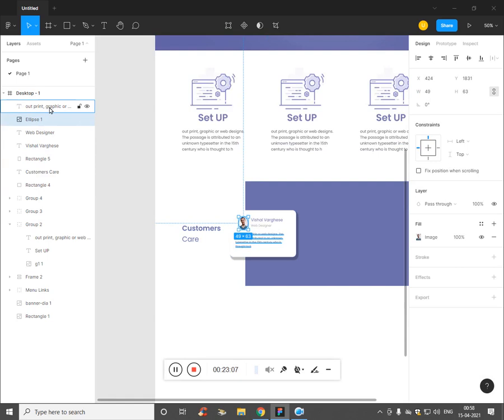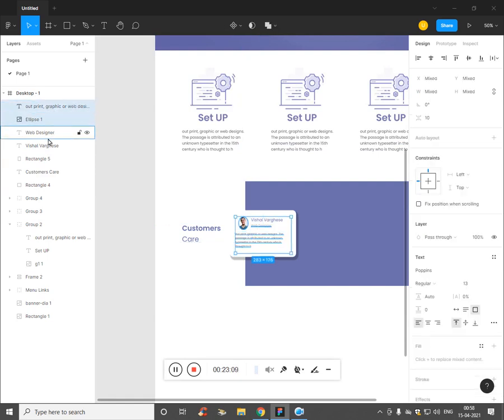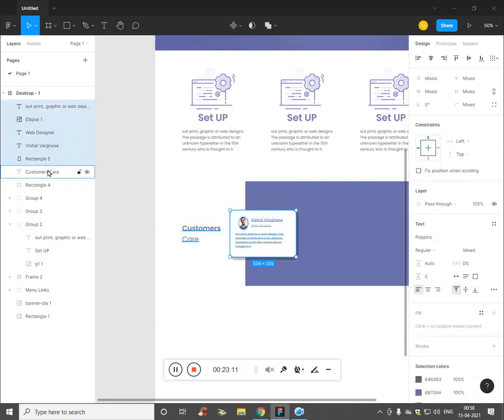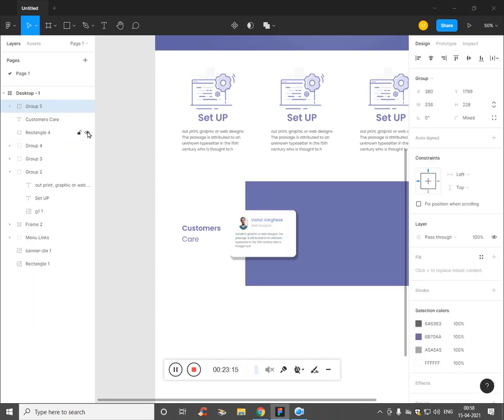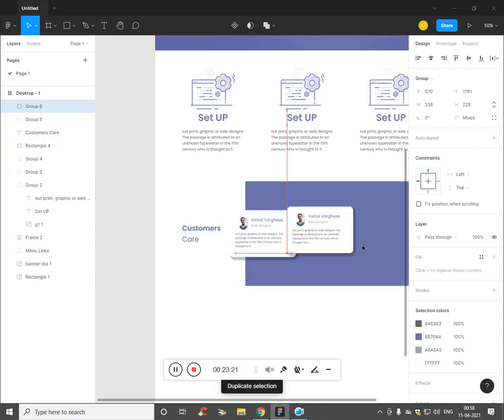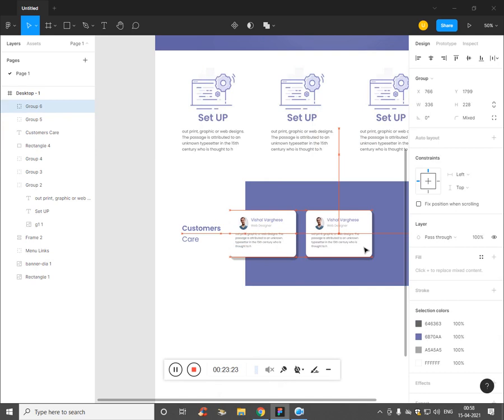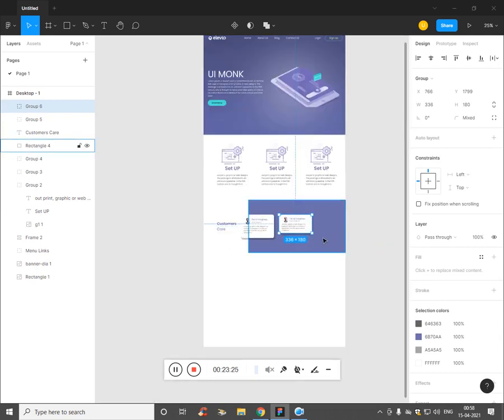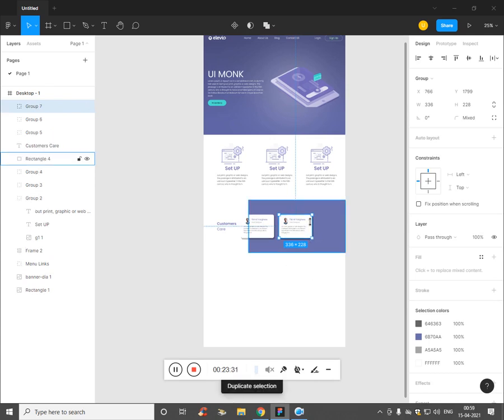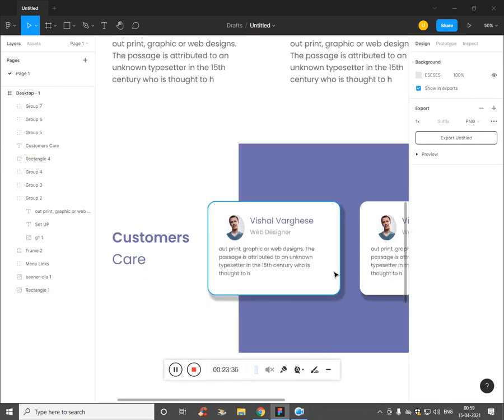Now we have to select all and make it a group. Control G. Okay, now press Control D to duplicate and press V to move. Well, that's cool.